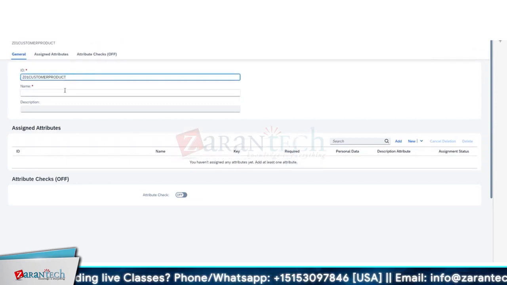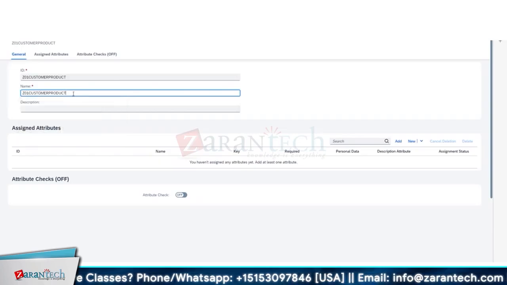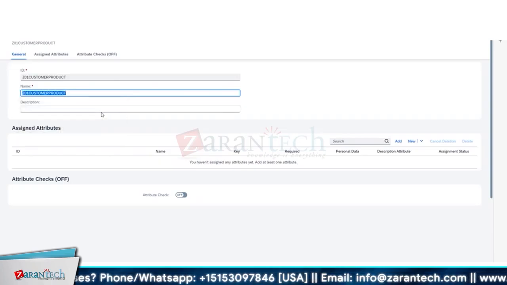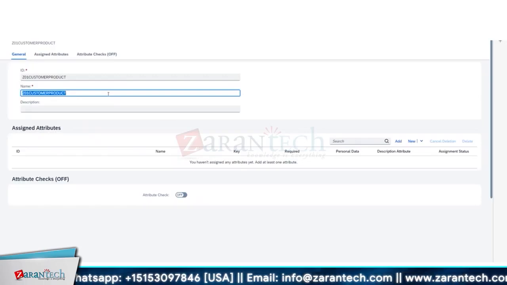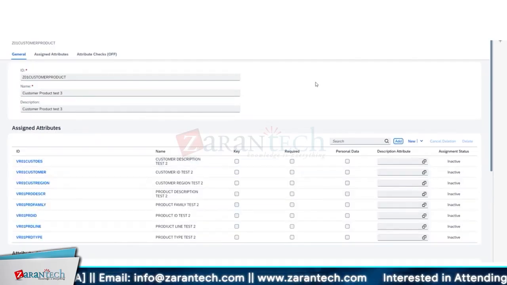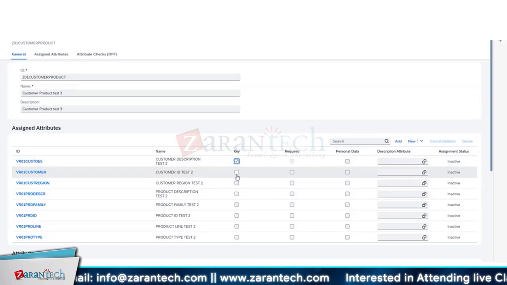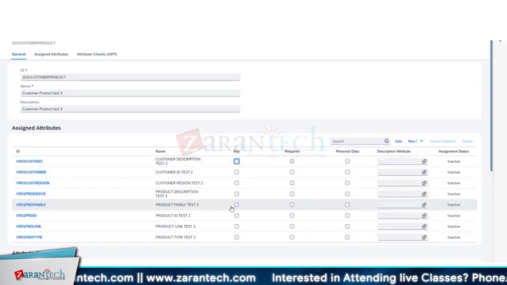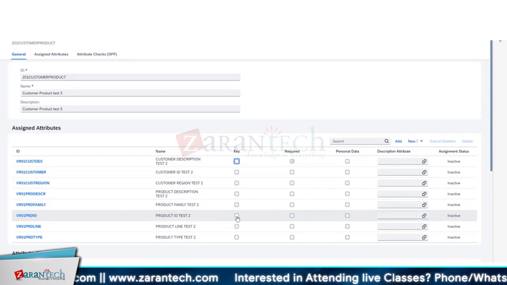You want 5 minutes? We are still on time, so no problem. You can take 6 minutes, and then we again revisit it and then move forward. All right. So I'll just create these 3 simple master datas and then link them in the compound, right? Yeah, perfect. Now we have to assign the primary key. You're doing it correctly. For all of them, or just? No, you have to assign only VR01 product ID and